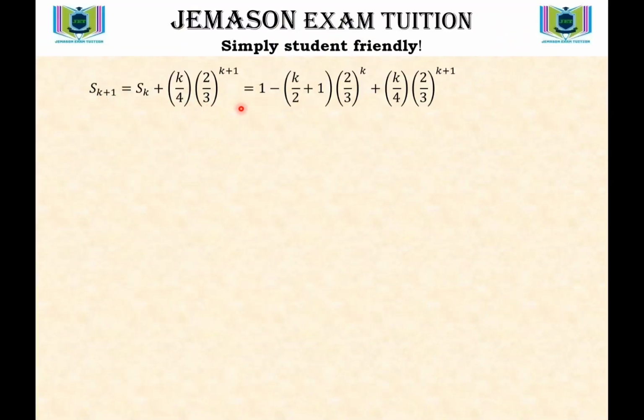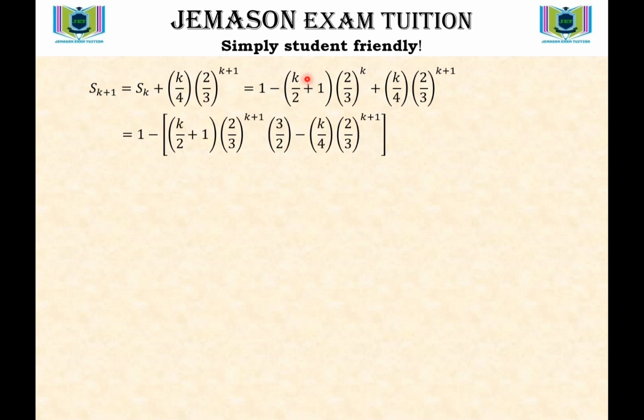We have that S(k+1) is equal to 1 minus k over 2 plus 1 into 2 over 3 to the k plus k over 4 into 2 over 3 to the power k plus 1. And in order to simplify further, we would have to be very tactical here. The best practice would be to make sure that 2 over 3 to the k also has the power k plus 1, and that can be done by multiplying 2 over 3 to the k by 2 over 3